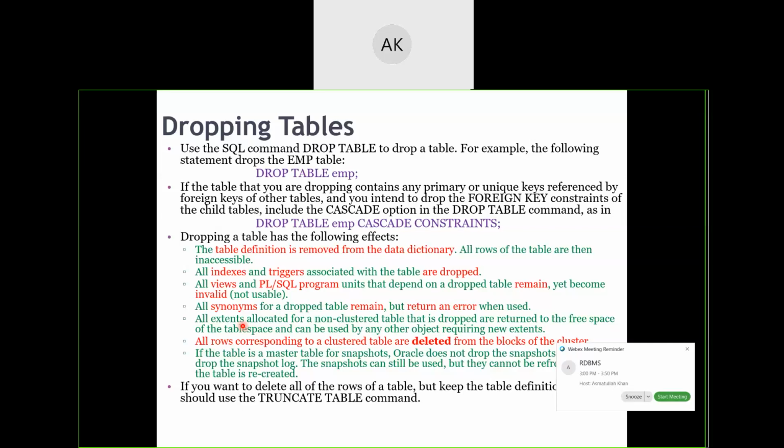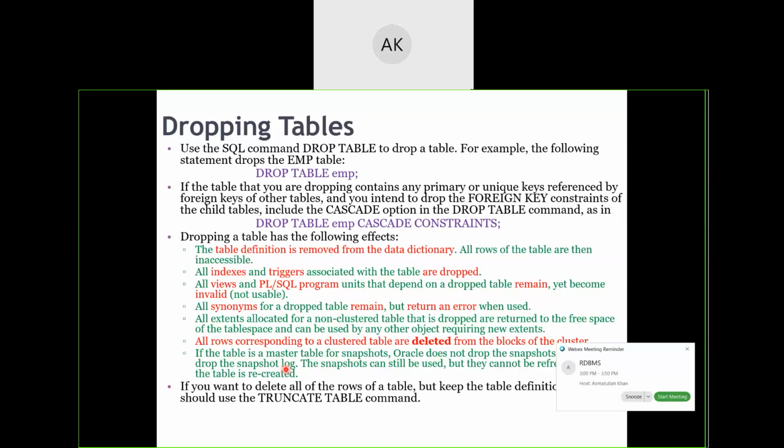If you have given any nickname to the lengthy name of the table, then that nickname will be there in the memory. But if you use that nickname, it will give an error because the main table itself has been deleted. While clustering the table, you have clustered the tables based on certain common features, right?